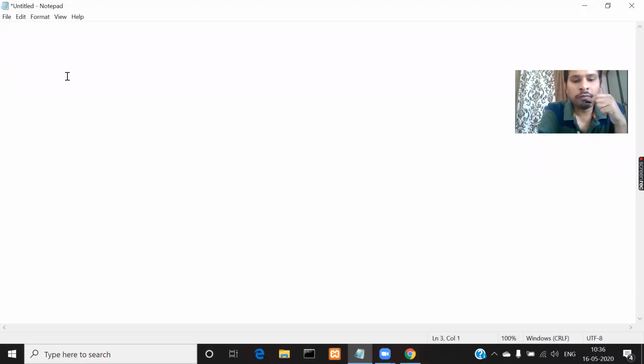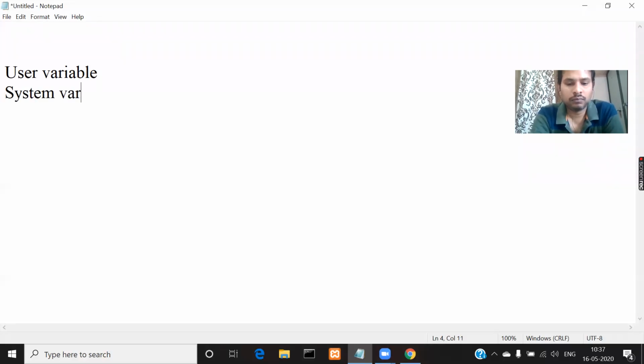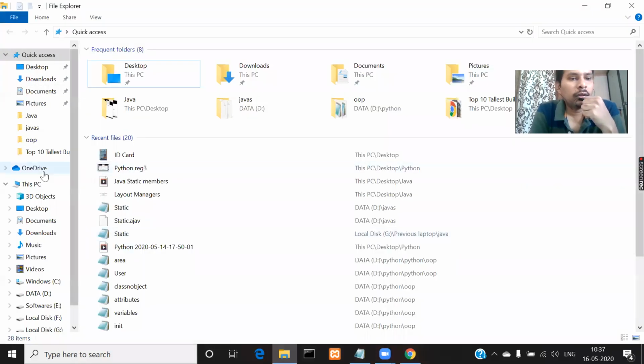So what are those user variables? One is user variable. So where to find these user variables and system variables? You can open your My Computer on this